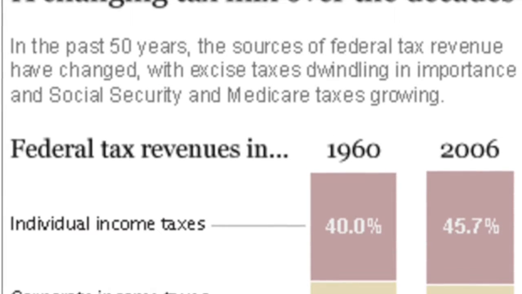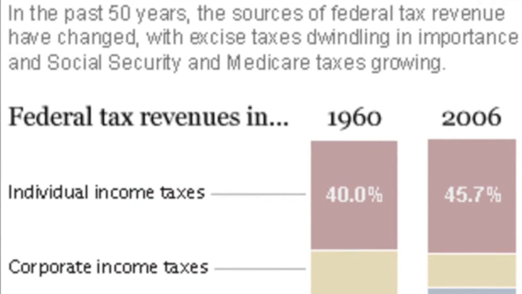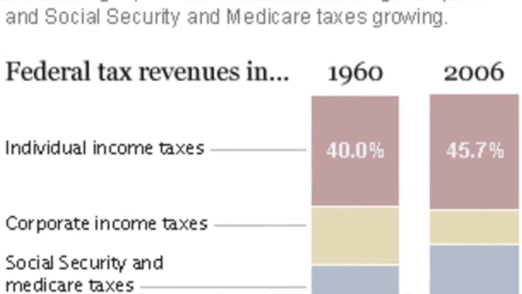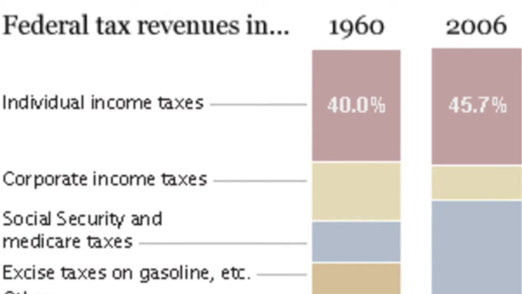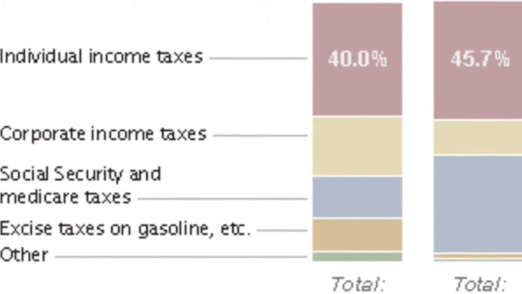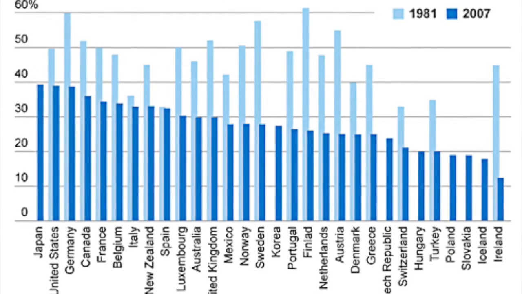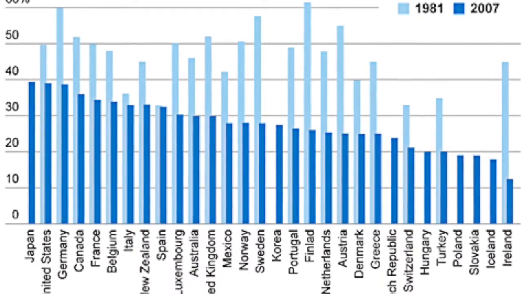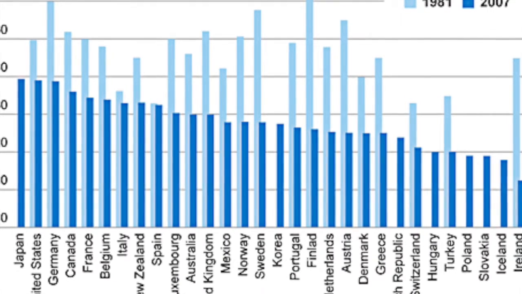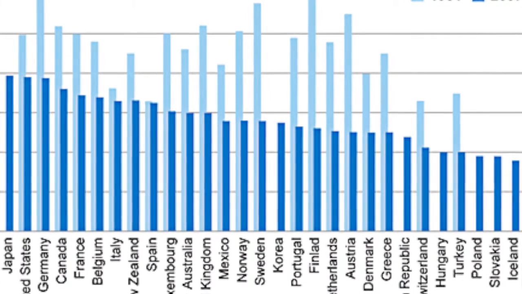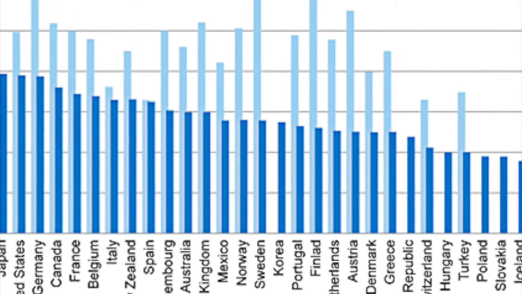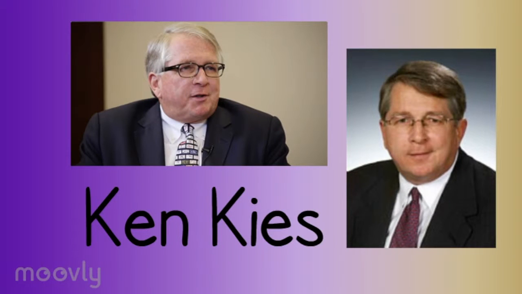In 1960, compared to today, corporate tax revenue as a percentage of federal tax revenues was 23% to 13%, meaning a decrease. But in 2006, it was noted that corporate taxes were up to 15% of federal revenues, which hasn't been seen since the late 1970s. However, as you can see on this graph, in 1981, the United States didn't have a high corporate tax compared to other countries. But compared to 2007, the United States has the second highest corporate tax. Now that is a jump in position. Ken Keyes, a tax lobbyist with the Federal Policy Group in Washington, noted that the top corporate rate was a lot higher in the 1960s than it is now, which clearly shows the change in corporate taxes over time.